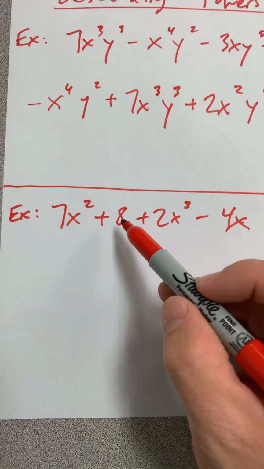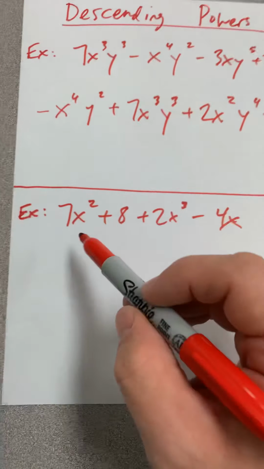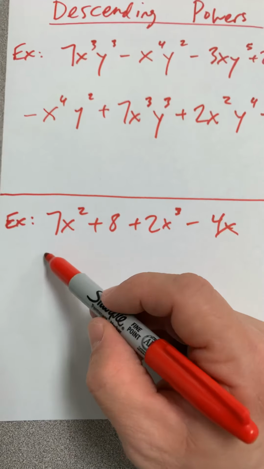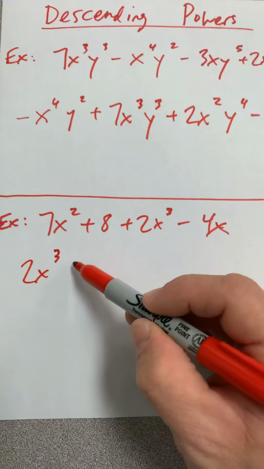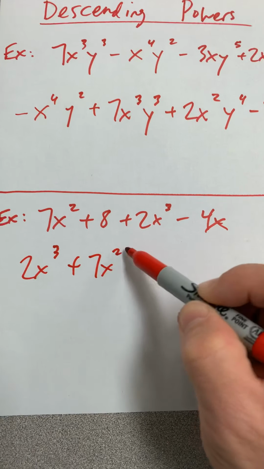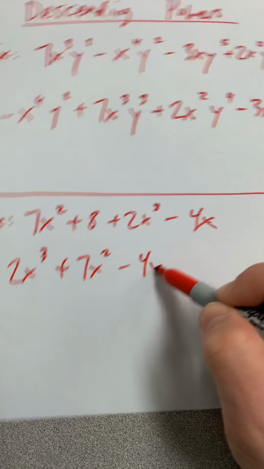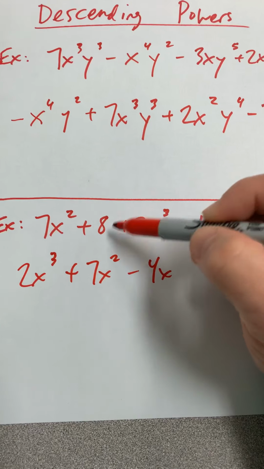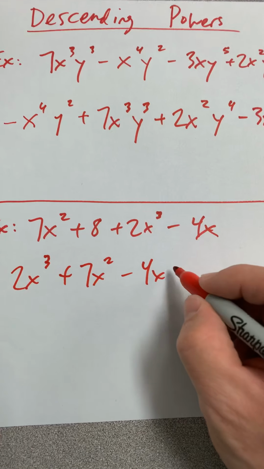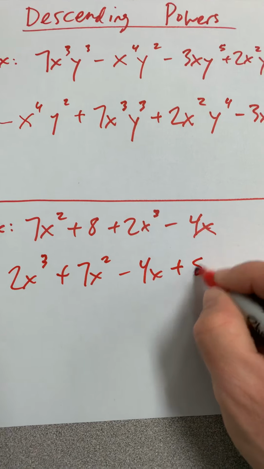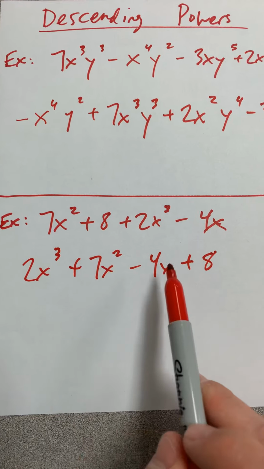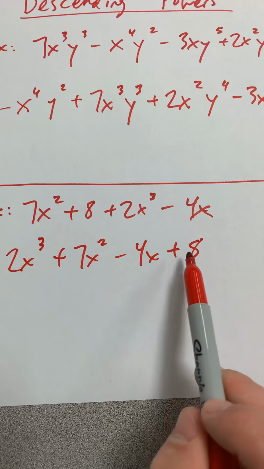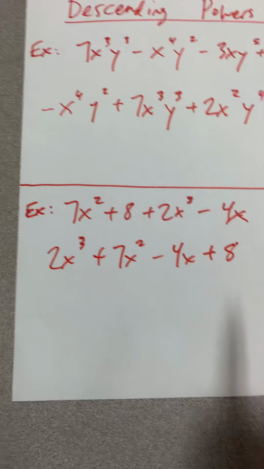So I want you to notice where this 8 goes, all right? The highest power of x is 2x cubed, and then it's positive 7x squared, and then we've got minus 4x. And notice where this term that doesn't have a variable is going to tag on at the end, okay? So we have x to the third, x to the second, x to the first, and then any non-variable term comes at the end. Okay, so after you